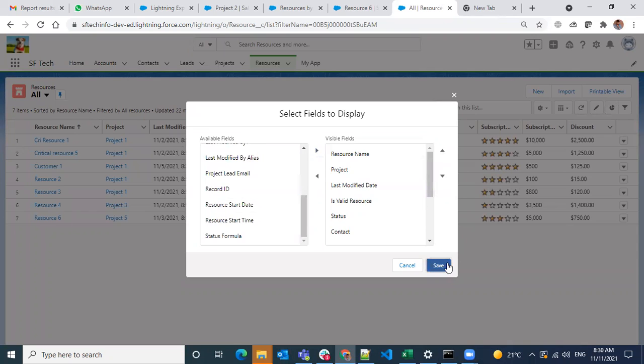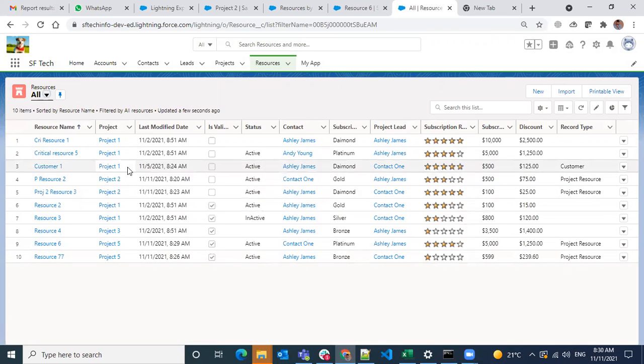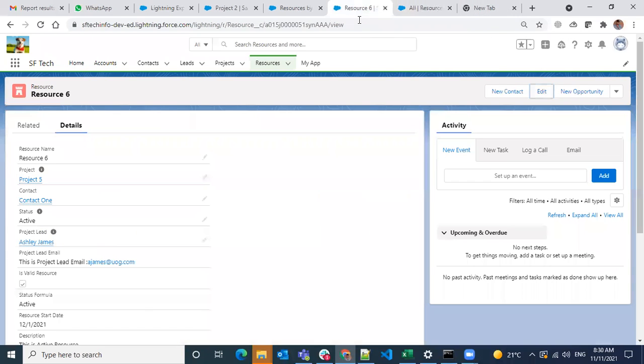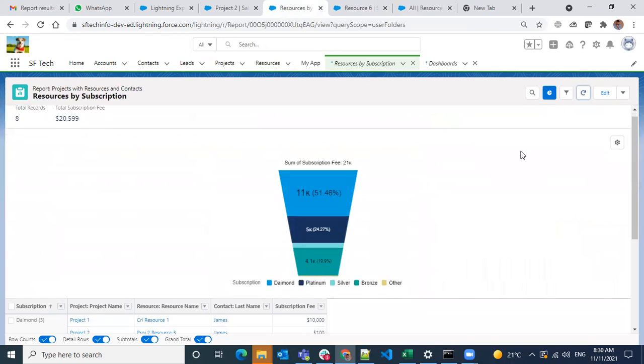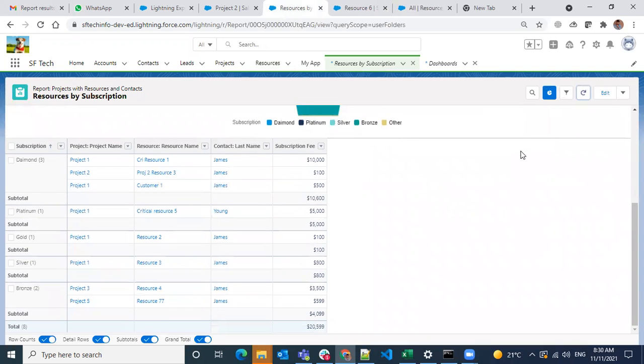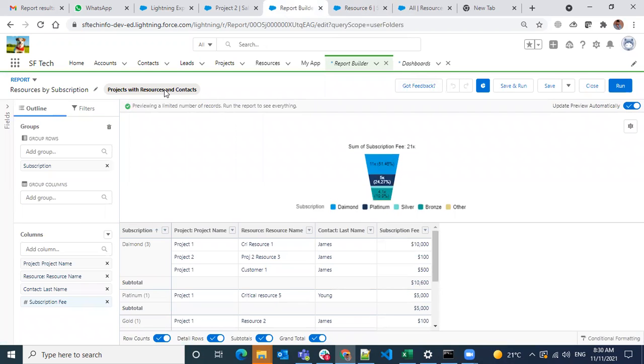Record type. Project 6. Here resource 6. Okay, I see it. Resource 6. Hmm, that is weird. Project with resource and a contact.